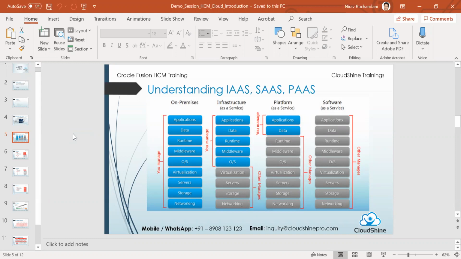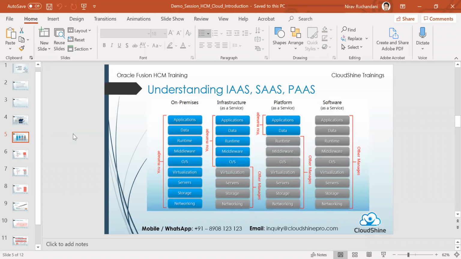themselves, or say for example the client that you are implementing the Oracle solution for. On-prem is something which is hosted, or the server resides within the company's purview, and they themselves manage it, or they outsource it to any third party vendor. But essentially they are responsible for any and every issue, or any and every upgrade, with regards to the application, the data, the middleware, etc. So that's what the on-prem version is with regards to Oracle.